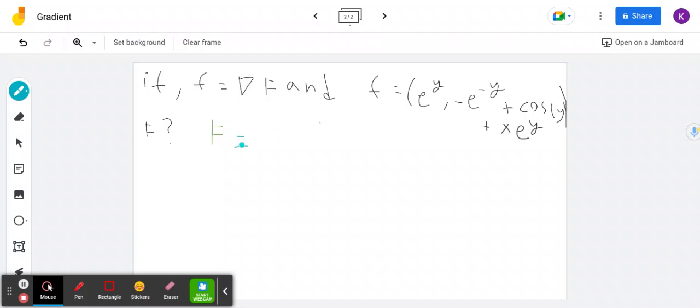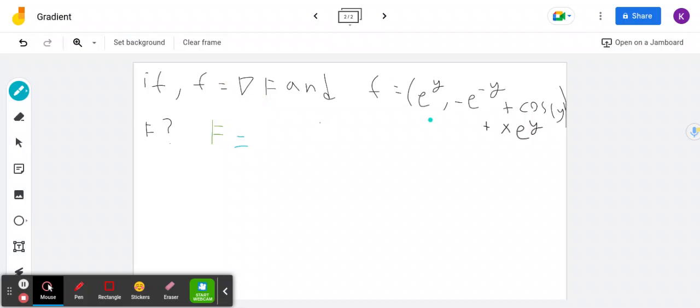And so we know, as a hint, that our final answer, our scalar function, should be in terms of x and y, or just one of them. It's at most two variables. What we can do is, as I explained, the gradient is the partial derivative with respect